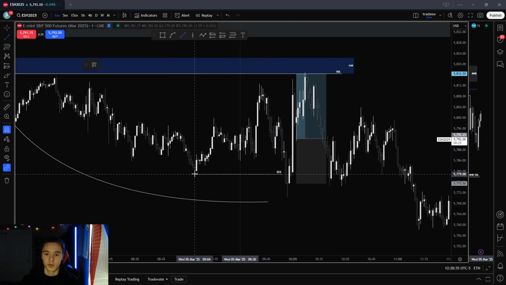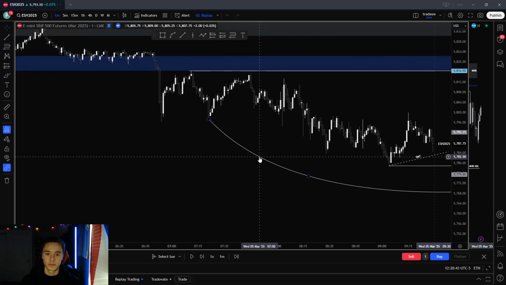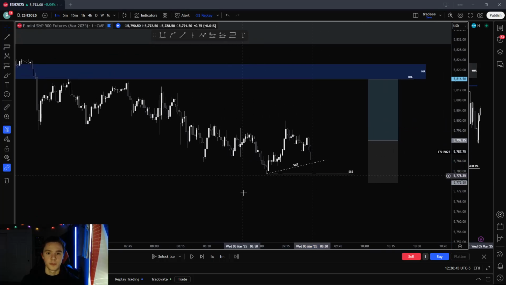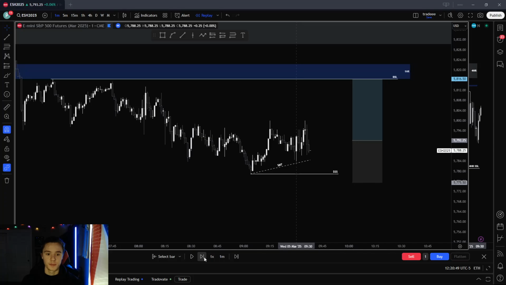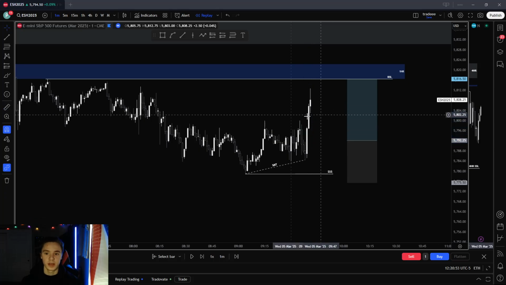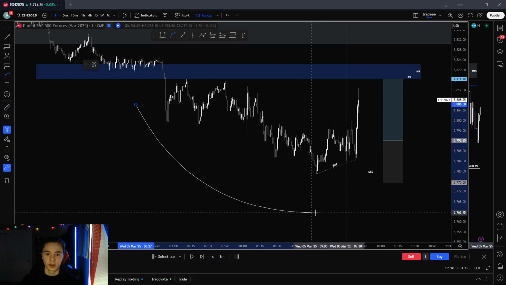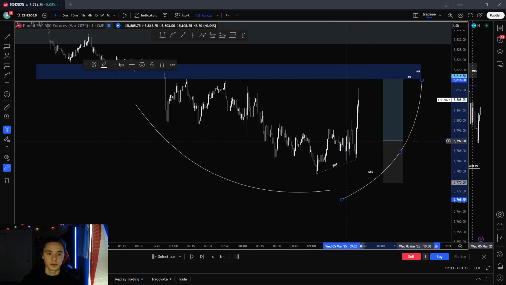We had an original SMT at the lows right when market opened. If we go to market replay, delete this. We had an SMT at the lows right when market opened, right here, and then we've continued to displace higher. As you can see, this is a nice market maker buy model in the making, retracement model inside of the